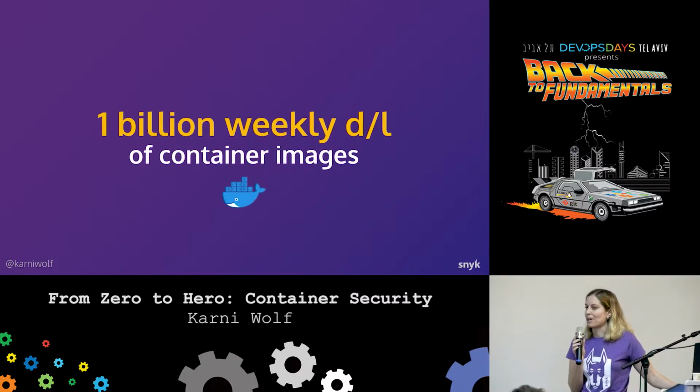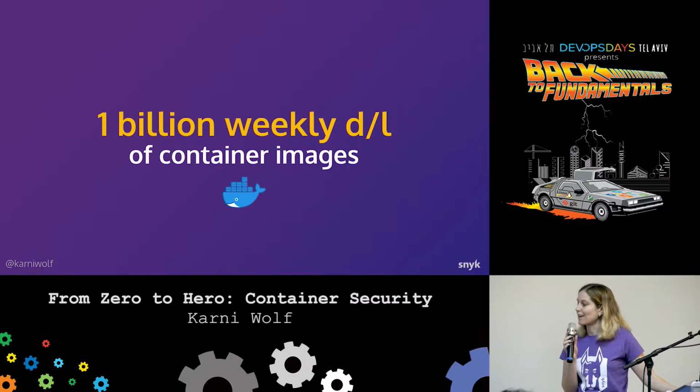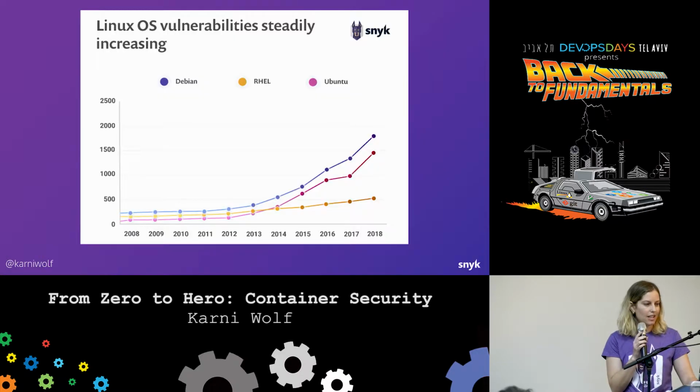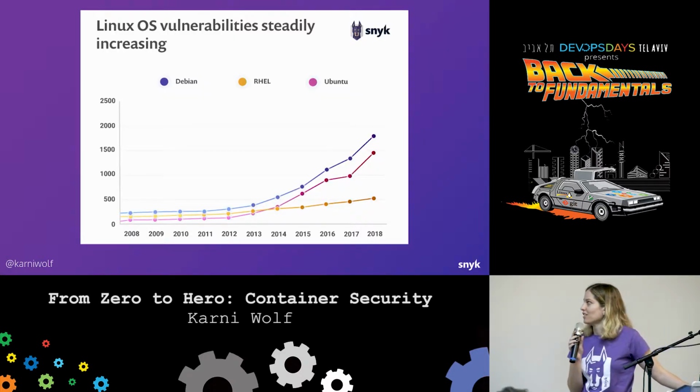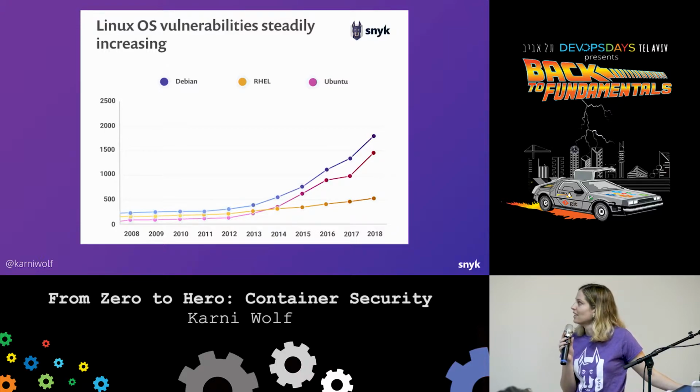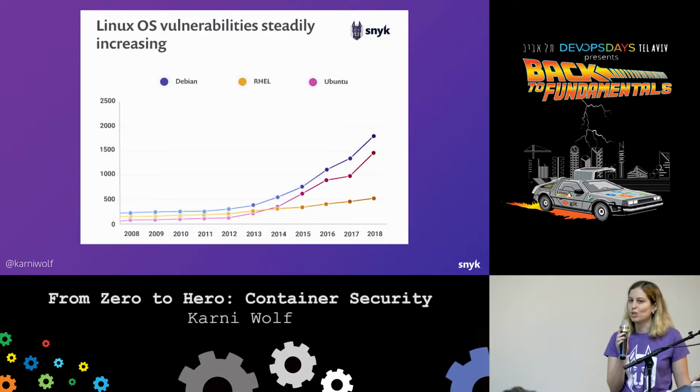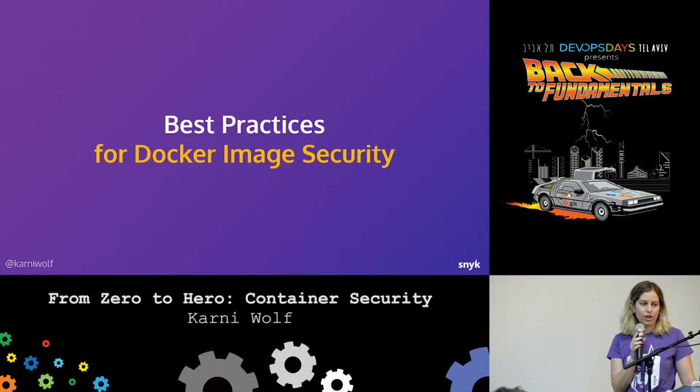Container technology is becoming increasingly popular and is expected to grow by 40% in 2020. Docker reports over 1 billion weekly downloads. Along with the popularity of the technology, there is an increasing trend of vulnerabilities being reported in Linux OS packages, affecting the most popular Linux distributions. In 2018 alone, we tracked nearly 1,600 known vulnerabilities,